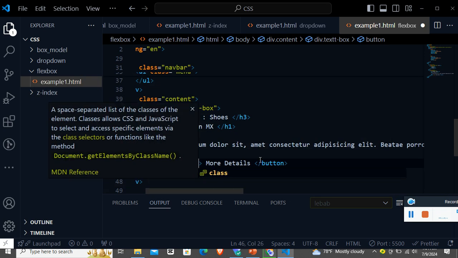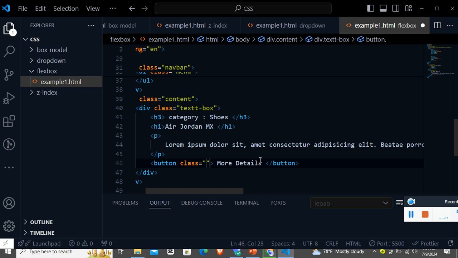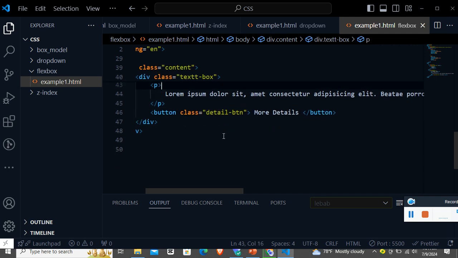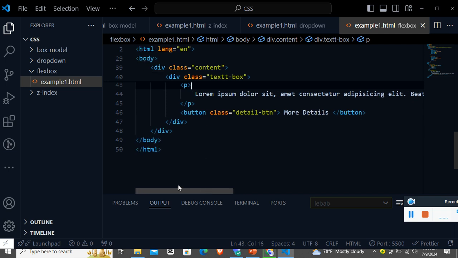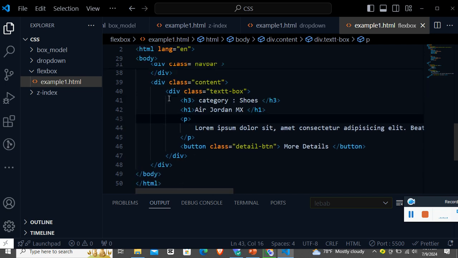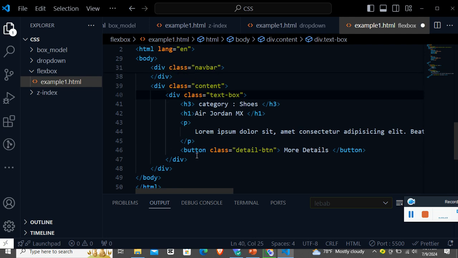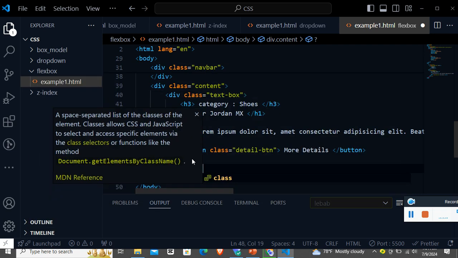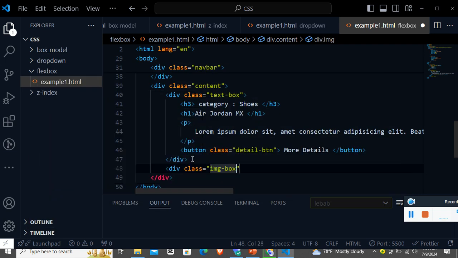So I put here the class control and detail btn. Okay, detail btn, and we're going to control this button. I'll make it more beautiful, and adjacent to the text box, we're going to be having an image box. Okay, div class img box. Okay, and then